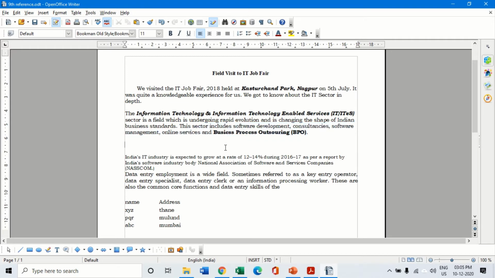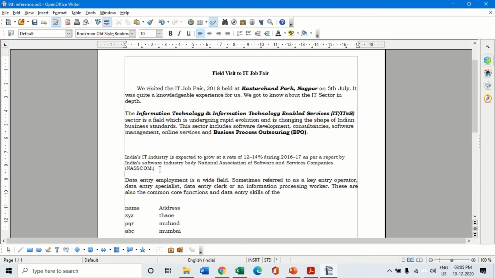Now selecting a paragraph. Whenever an enter key is pressed in between, then that particular set is considered as a new paragraph beginning. So here we have this particular paragraph, and I have pressed the enter key and it has come to the next. So this will be considered as one paragraph. This is the second paragraph. Say I keep my cursor here and I press the enter key, then this becomes the third paragraph and this is the fourth paragraph.